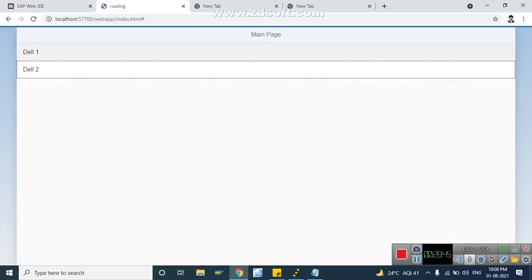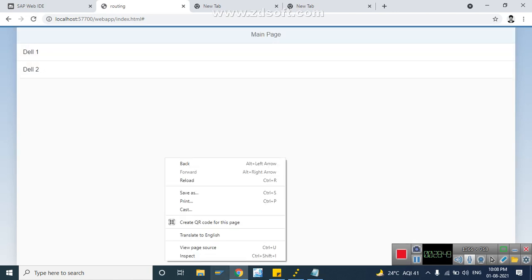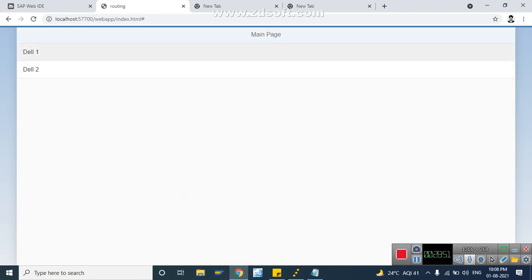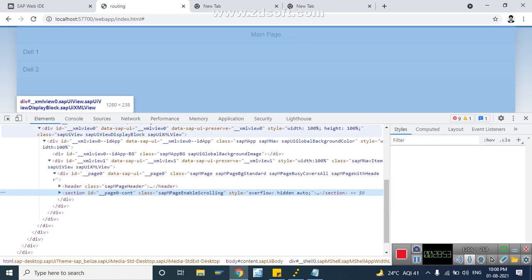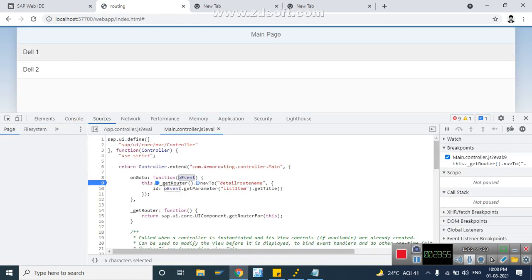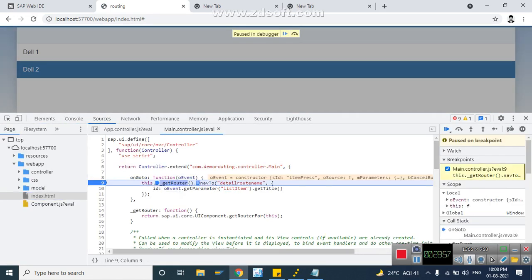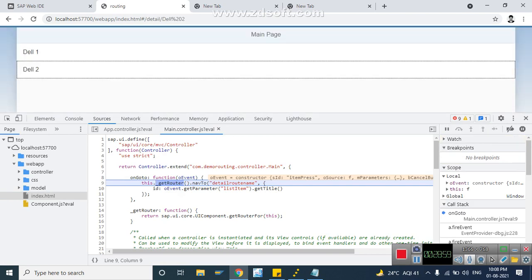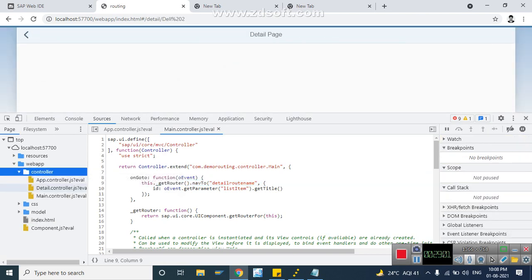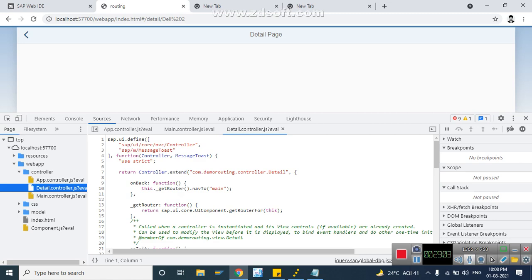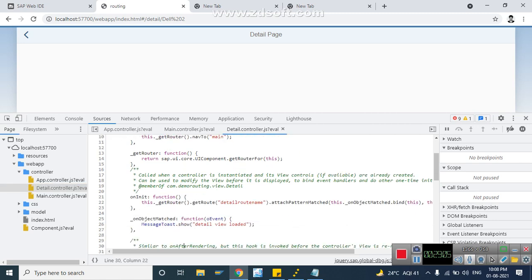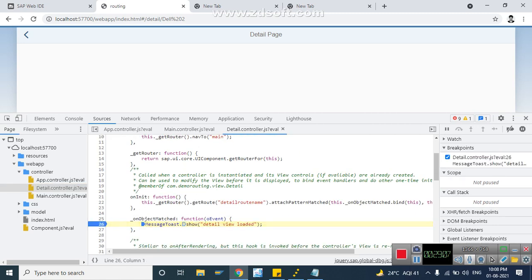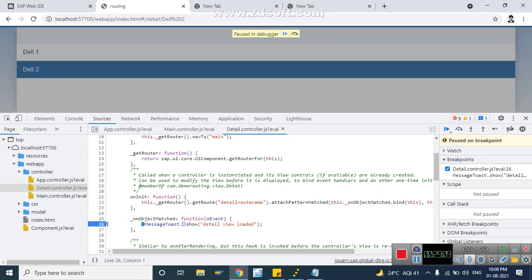Now refresh, go to inspect, sources. This is fine, execute. Let's go to detail, keep a breakpoint in the onObjectMatched method, go back and press again.